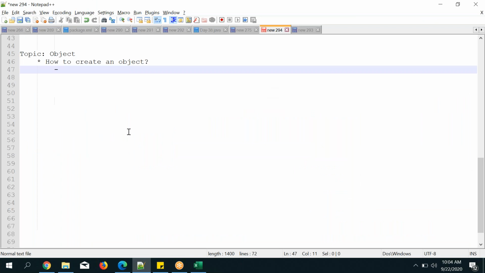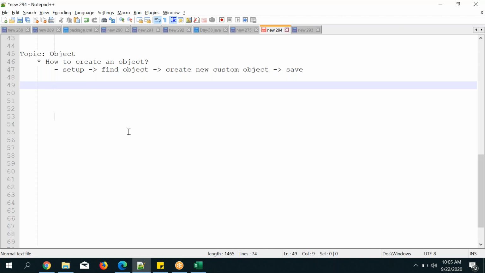And if you want to create the object in Salesforce, let me show you. Setup, find objects, create a new custom object, that's it, save. Once you create an object, the fields will be created.